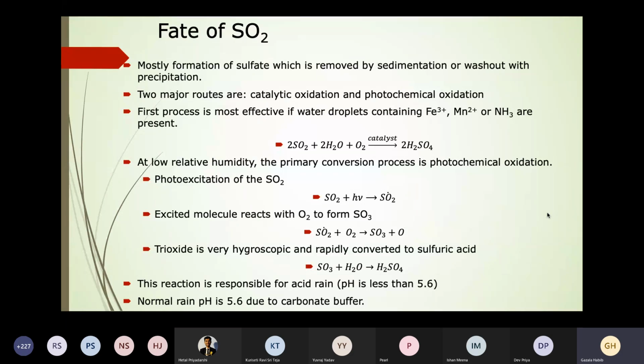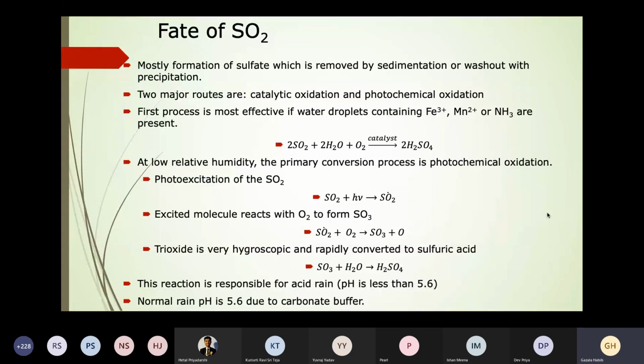So H2SO4 is a liquid, but ammonium sulfate is a liquid particle. So H2SO4 can come out. It can dissolve in the water present in the atmosphere, and it can rain with the water when there is precipitation.